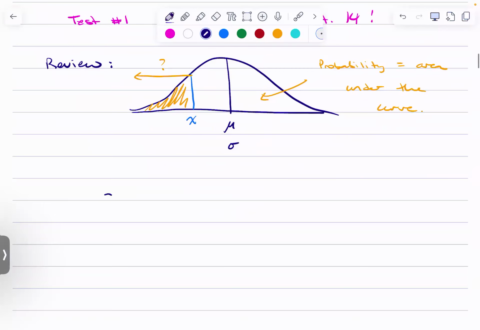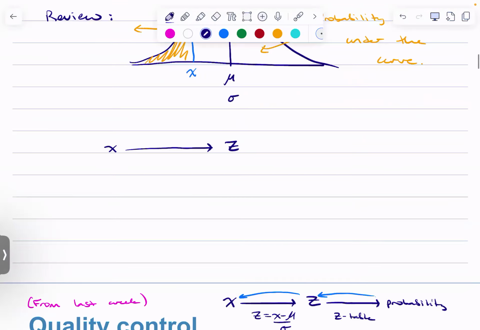Well, I like to think of it as kind of a two-step process, right? Or two phases, right? So I have some x, some observation that I'm interested in. I have to morph it into a z, right? How do I do that? I use the formula that we developed last day, right? Z is x minus mu over sigma. Right? So that's how I take an x. You'll always have mu and sigma, right? And so I'll give them to you. Okay? And from the question, you'll know what x is. So then you can solve for z, right? That's going to be a standardized value,